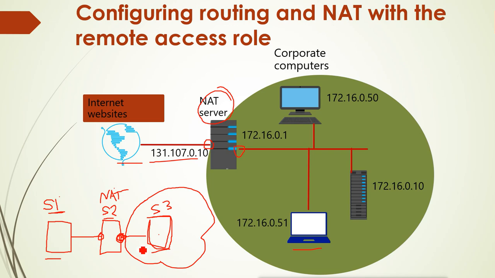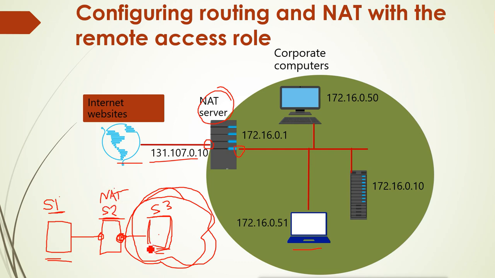So what we will do is configure the normal routing here on server 2 to connect these different networks: server 1's network and server 3's network, and we'll try to connect them together. Then we can also assume server 3 is the internet, so we can configure the NATing also here.